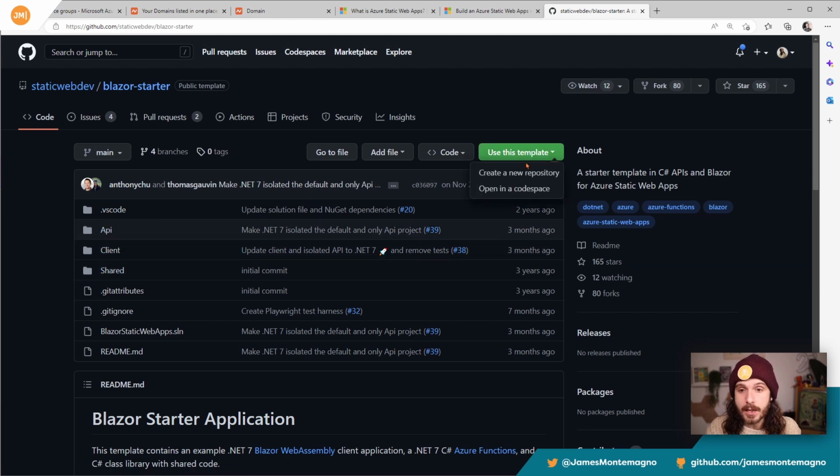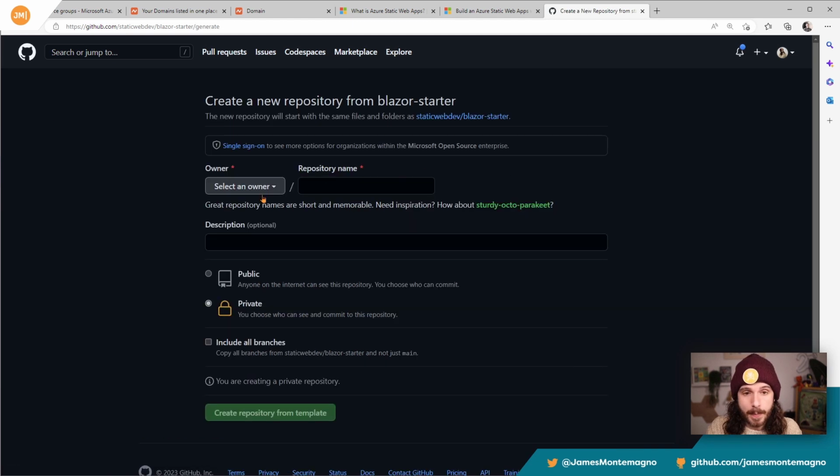So what you've got to do is just say, use this template. Of course, you could download and clone the repository, not a big deal, but I'm going to say, go ahead and create a new repository. Or you could open it in a codespace. I'm just going to open this here. I'm going to select an owner, which is me. And I'm going to say,